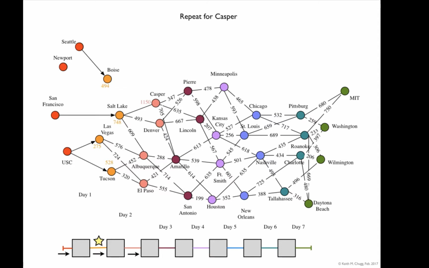Denver is, again, not very interesting. There's only one way. In Albuquerque, though, we have three numbers to compare. 748 plus 609, that's if you came from Salt Lake. 275 plus 576, that's if you came from Vegas. And 528 plus 452, that's if you came through Tucson, Arizona. Okay, so if we do those comparisons, and then we select the shortest path up to that point, we arrive